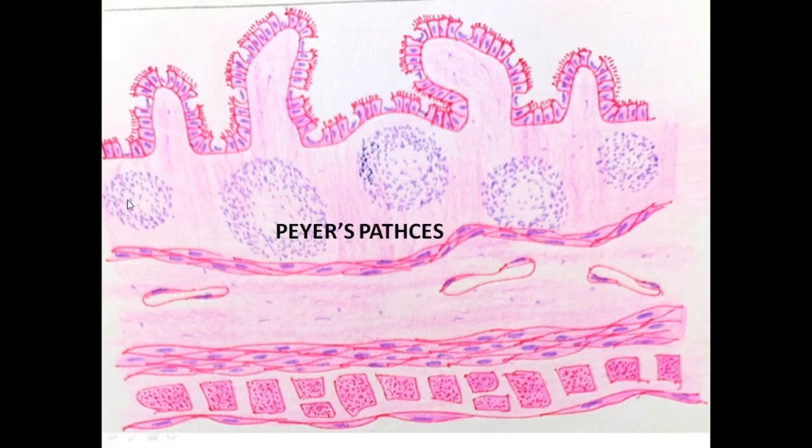So schematically, you have to draw the diagram like this and show the presence of lymphatic follicles or lymphatic tissue in the lamina propria known as the Peyer's patch. Although I have not labeled the individual layers, you have to label them. This is epithelium, this is lamina propria, this is muscularis mucosa, this is submucosa, this is muscularis externa, and this will be serosa, because the jejunum and ileum both are covered by mesentery. That's why they will have a covering of serosa, not the adventitia.